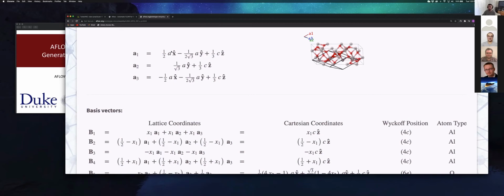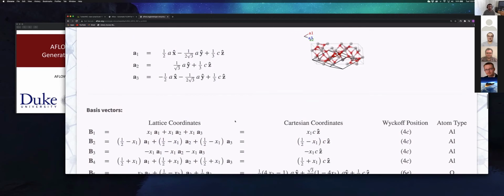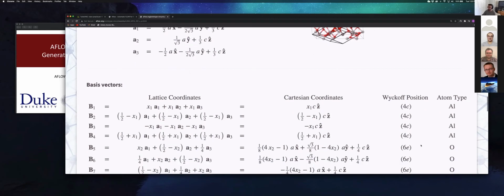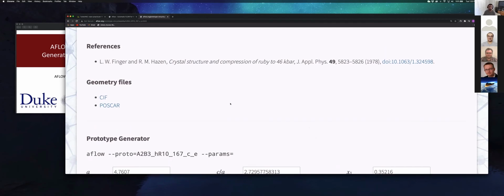So they're given in terms of a, b, c, alpha, beta, gamma, and x, y, and z. And again, this highlights that you can change those degrees of freedom for this prototype and still keep the underlying prototype backbone structure with that label, but just slightly different degrees of freedom. So it's generalized. We include some references where we found the structure, some geometry files that you can download, but